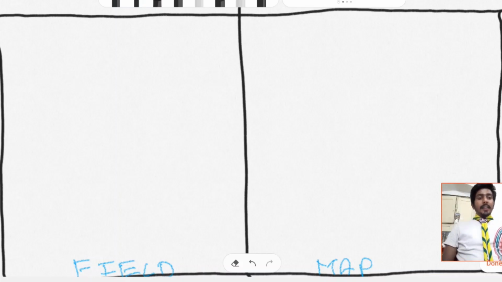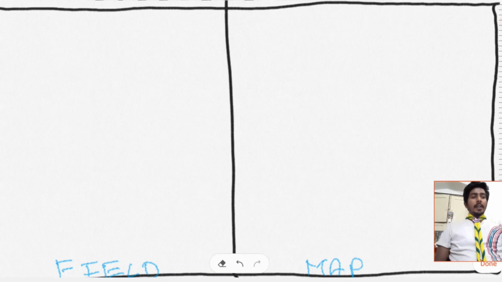On the left side, we have the field or the original scenario, and on the right side, we'll see how we map. We'll do this in multiple steps. Step 1, estimate the dimension of the field and fix a scale. Firstly, we have to estimate or approximate the area of the field so that it would help us in scaling. So let us see what is scaling. The ratio of distance on a map to the corresponding distance on the ground. I'll tell you this with a small example.